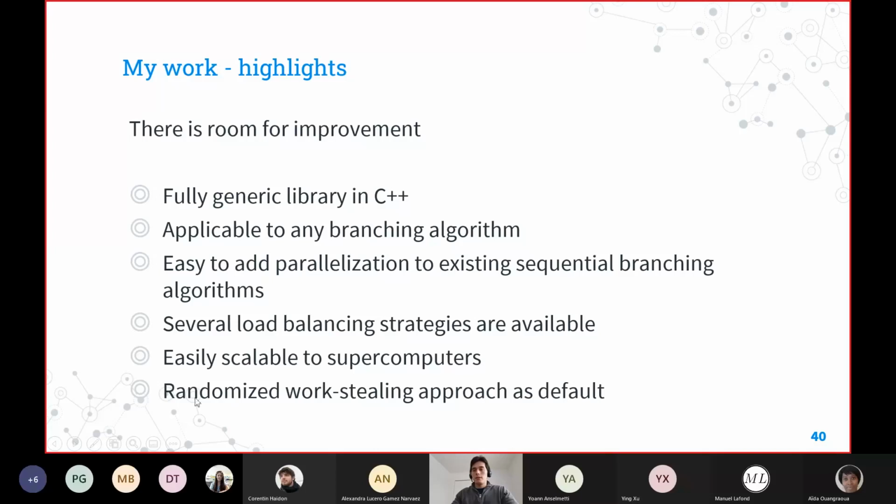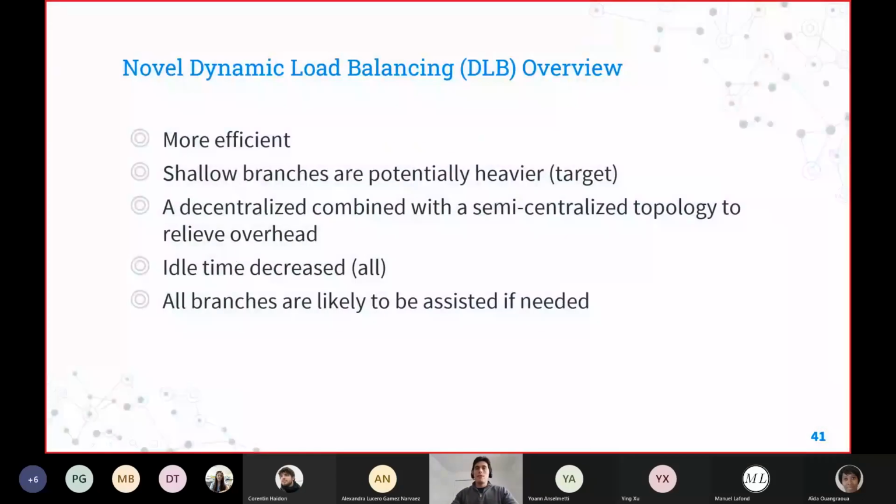We know that it is really efficient, but it has its weaknesses. And the idea with this novel load balancing strategy is that it's more efficient. It is aimed to solve the shallow branches that are likely to contain a better and more optimal solution.